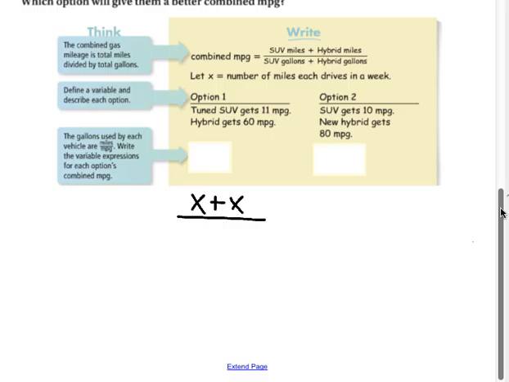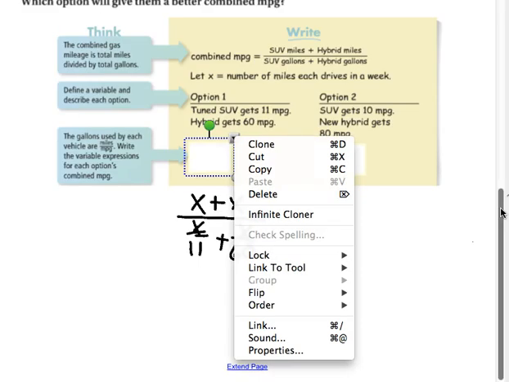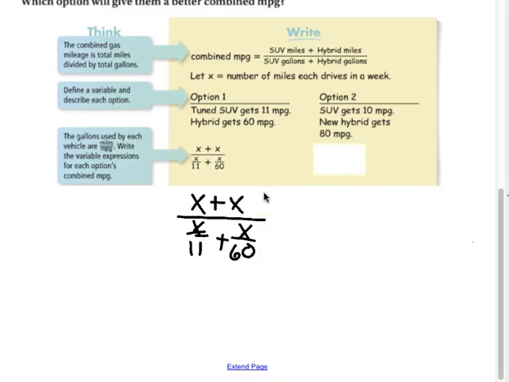So for option 1, both vehicles are going to drive X. Now, in terms of gallons, the gallons of gas is going to be the miles divided by the miles per gallon. So the SUV is now going to get X over 11. The hybrid is going to stay at X over 60. Oh, I'm sorry, I forgot to go like that. All right, so